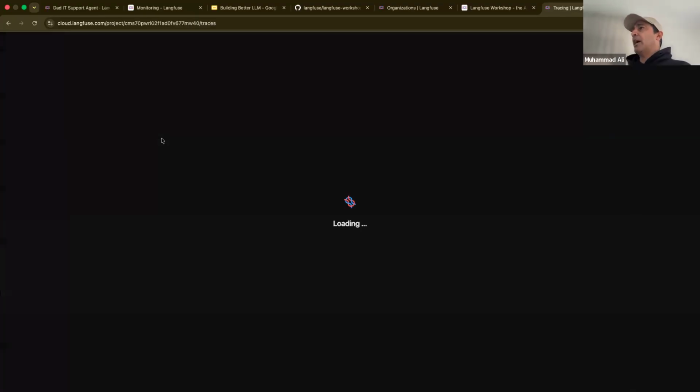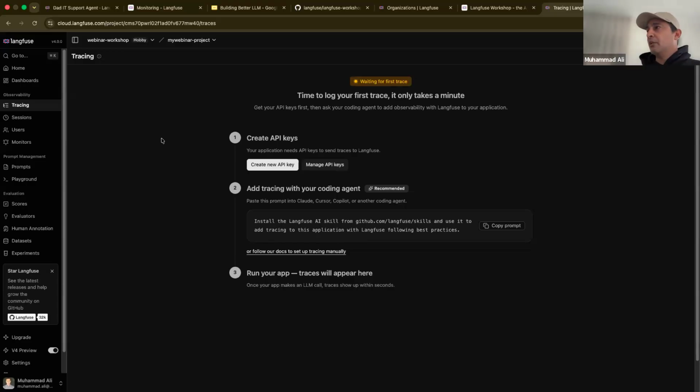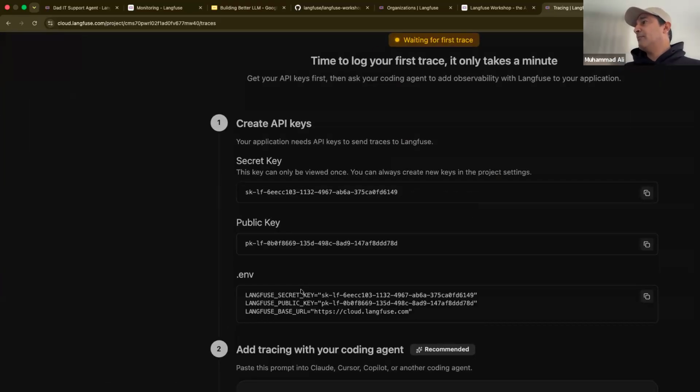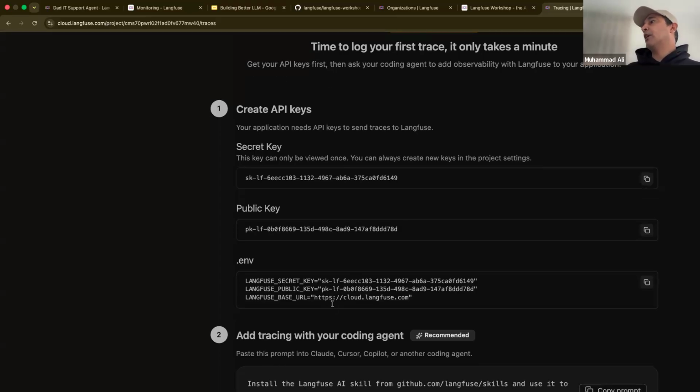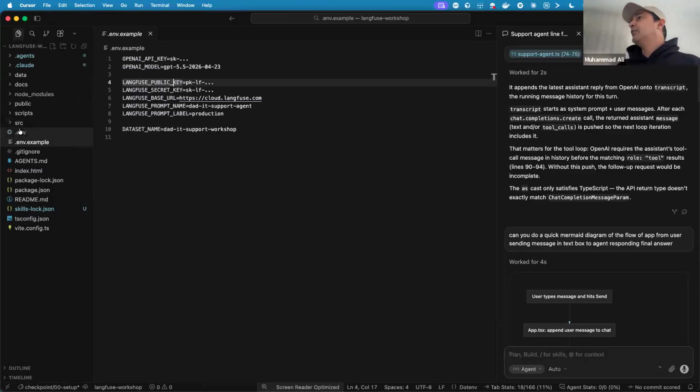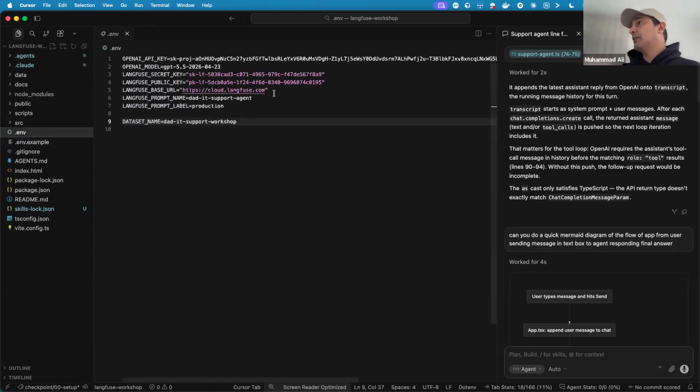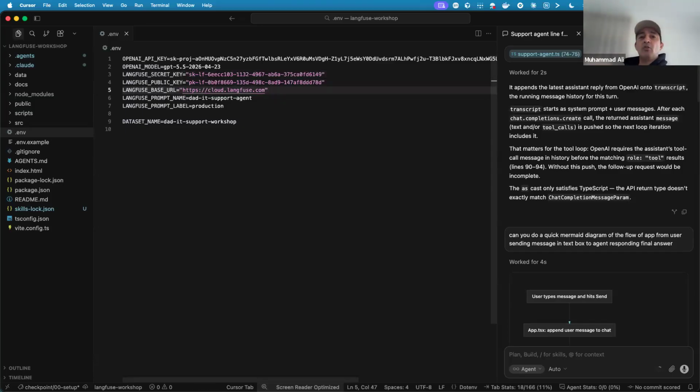Okay. And when I do that, Langfuse is going to prompt me to create a new API key. So I'm going to click the create new API key button, and then boom, you get the keys, the environment variables that you need to start working. Just use the option to copy into clipboard, go to your IDE and the .env file, not the example file, the .env file, and replace these three. So I'm going to replace that. And now my code is ready to be launched.